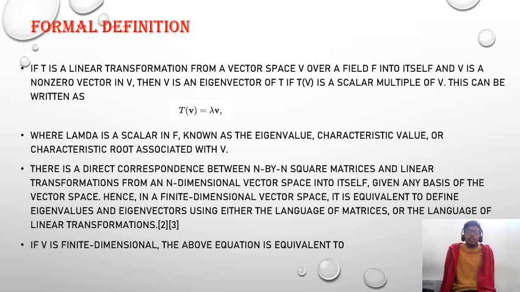Hence, in a finite dimensional vector space, it is equivalent to define eigenvalues and eigenvectors using either the language of matrices or the language of linear transformations. If V is finite dimensional, the above equation is equivalent to